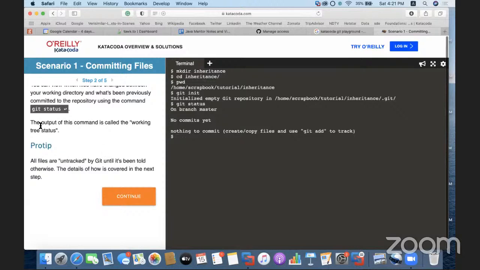Okay. The output of this command is called the working tree status. So now we are going to get a tree once we are going to write some code or something. ठीक है, तो चलो मान लो मैं ऐसे बना देता हूँ, जैसे मान लो मैंने एक बना दिया sudo nano inheritance.java, मान लो ऐसा करके कोड होगा, ठीक है।